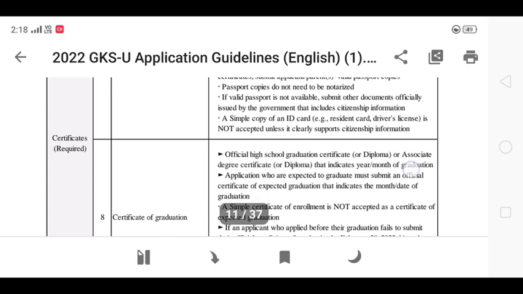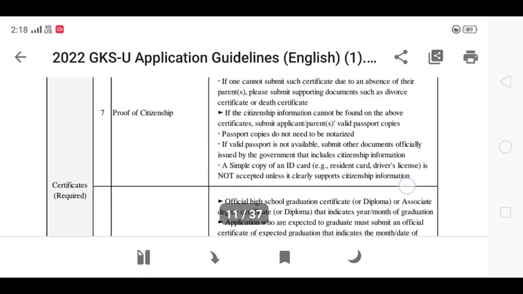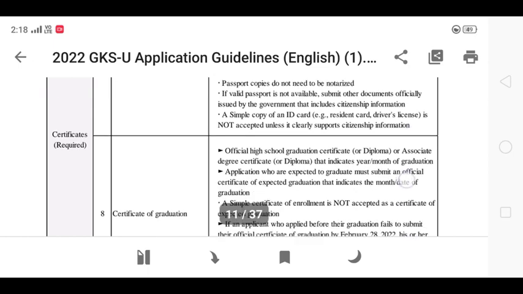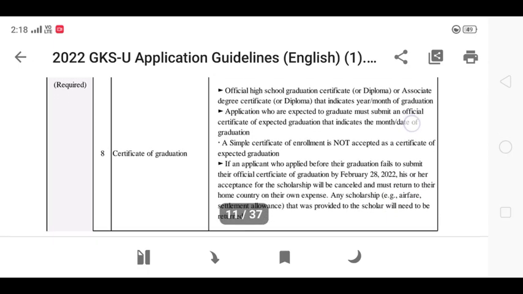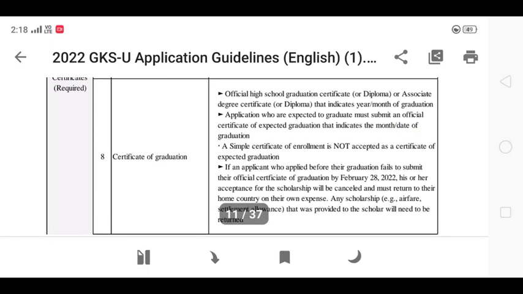It may be accepted in the Korean embassy, but I think if you are applying from the university track and you are sending your documents to Korea, I don't think your citizenship will be proved by your Aadhaar card. So it will be very good if you have a passport. Other than that, you can read the guideline and accordingly select your document which can prove your citizenship. It's up to you.